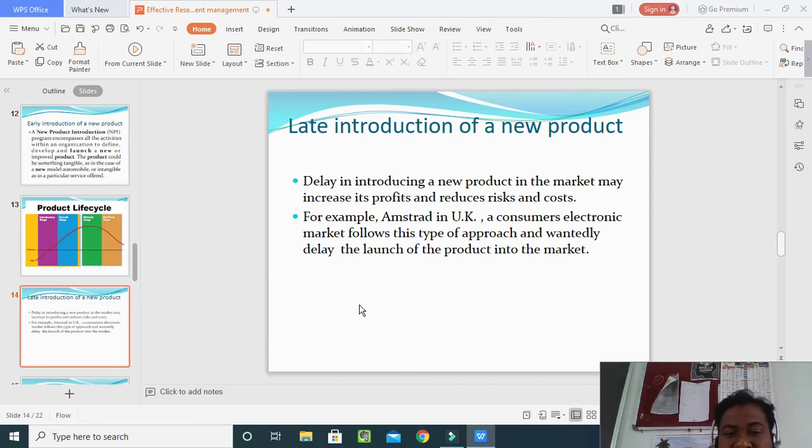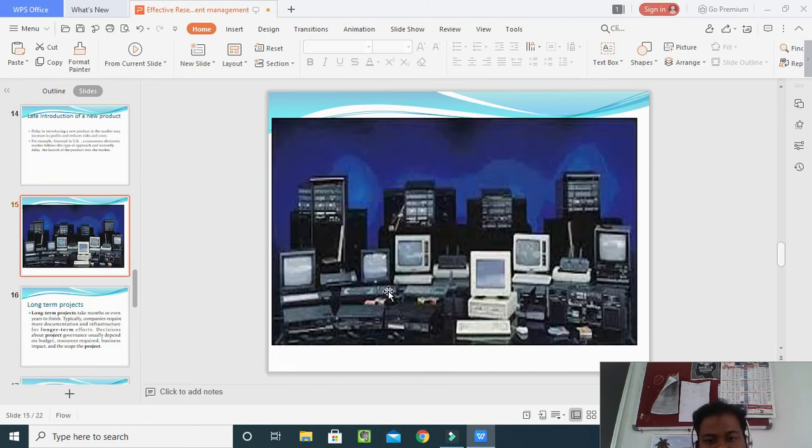The same thing, for example, Amstrad is a company in the UK, United Kingdom. In the consumer electronics market, it follows this type of approach and wantedly delays the launch of the product into the market. If you see in the picture, you can understand why some companies delay introducing their product. The reason is they will get, first of all, by seeing their competitors' feedback from the customers,